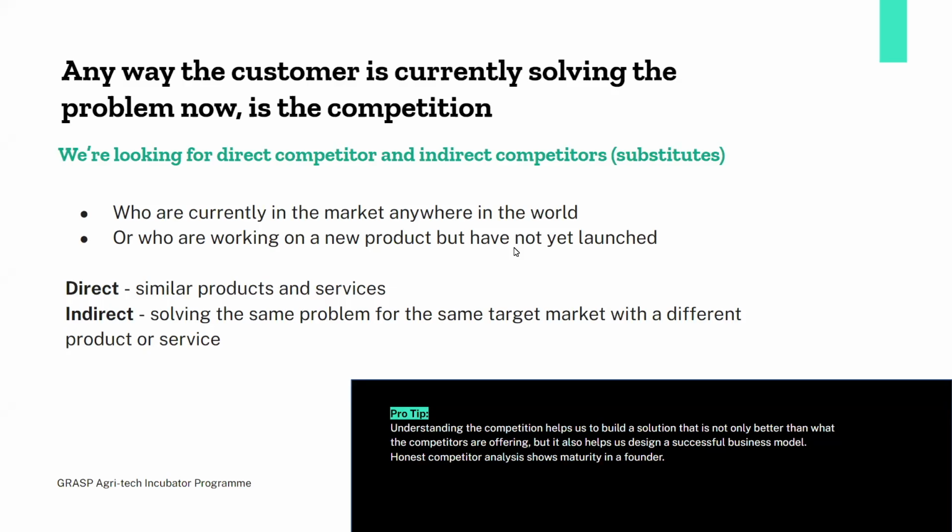Okay, so in terms of that competitor analysis, the point I want to make over here is do an honest comparison. Highlight that this is where the competition is stronger. This is where you are stronger. And where the competition is stronger, it helps you build a better business model. It helps you plan for the future. How are you going to get better at that? Or do you even want to compete on that front, right?